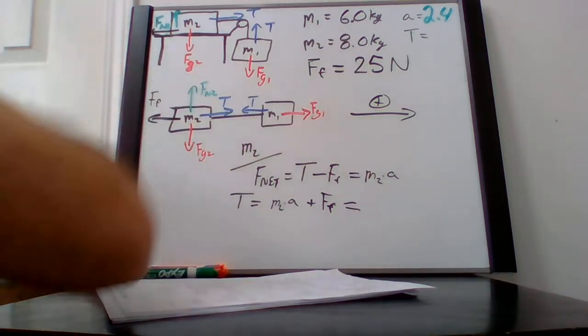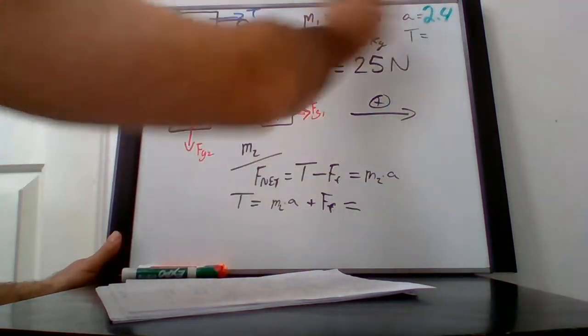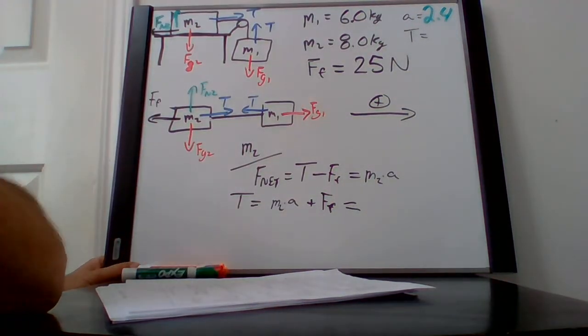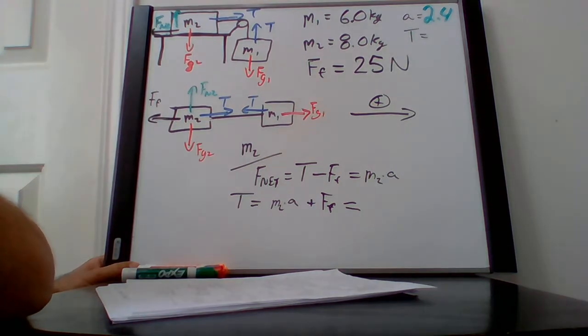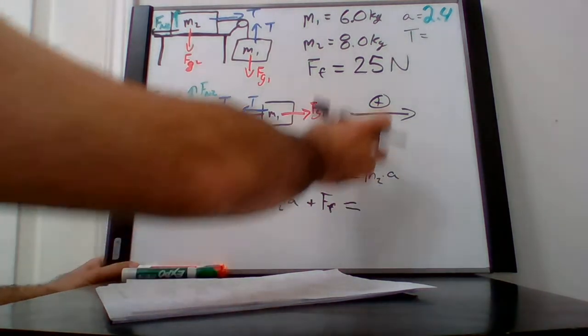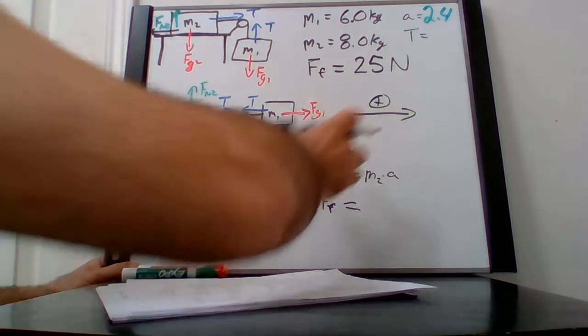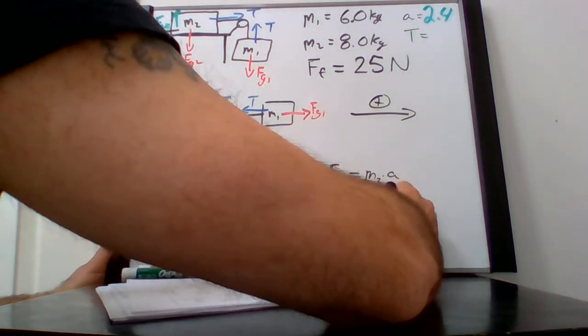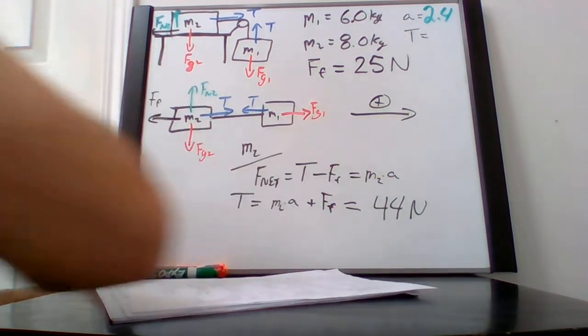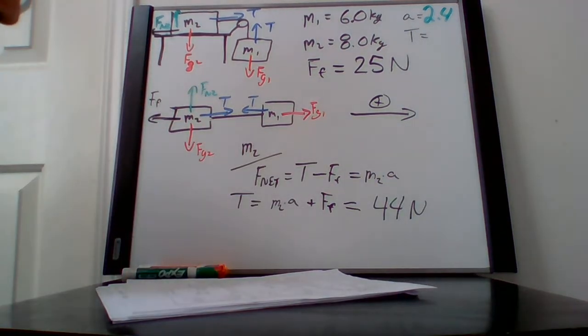Well, mass 2 was 8 kilograms. Our acceleration is 2.4. And the force of friction we're going to add to that is 25 newtons. So 8 kilograms times 2.4 plus our 25 newtons gives us a total of 44 newtons on the tension. Okay? So when we compare this to that previous example, without any friction, we had our tension equal to 34